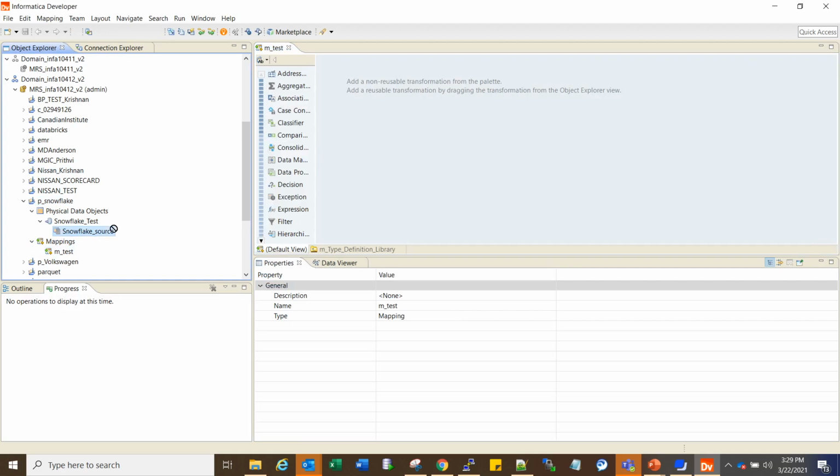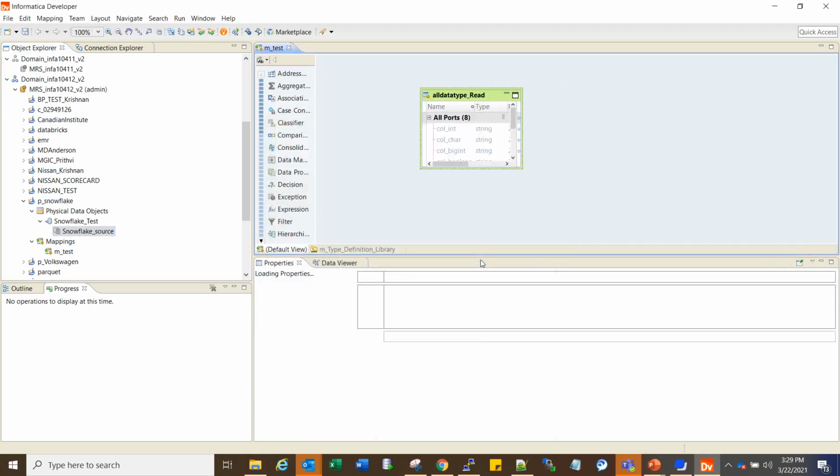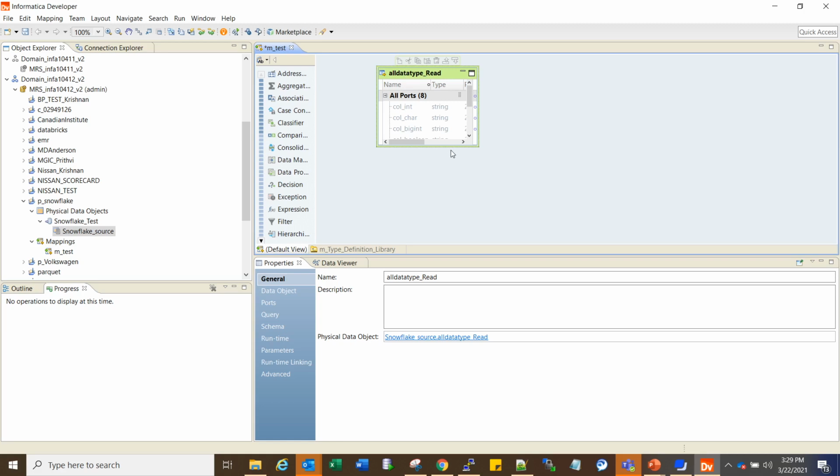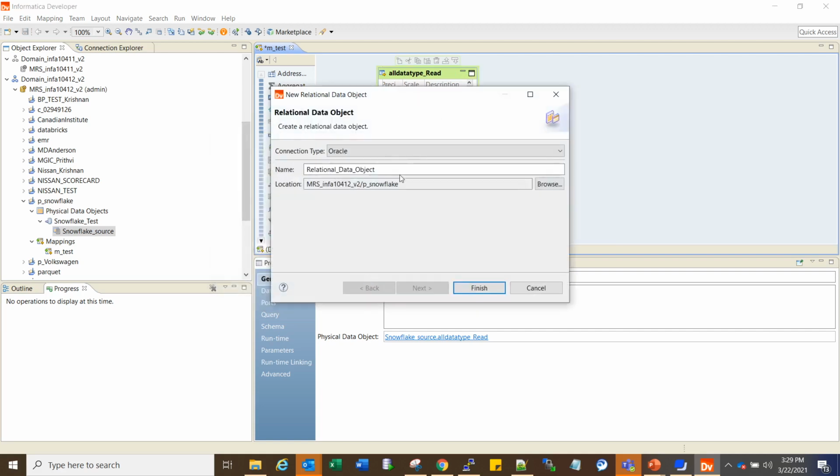I can show you that this can be used as a read object, lookup, as well as the write object. So I'm going to use it as a read object. I'm going to create a simple pass-through mapping, so I can simply create a target. I'm going to push the data to a relational object, and I'll click on OK.